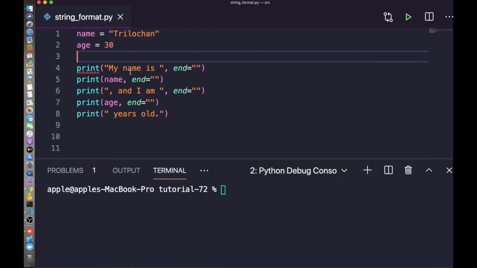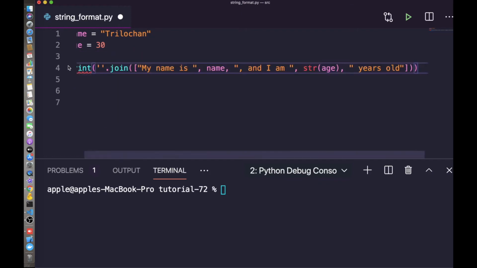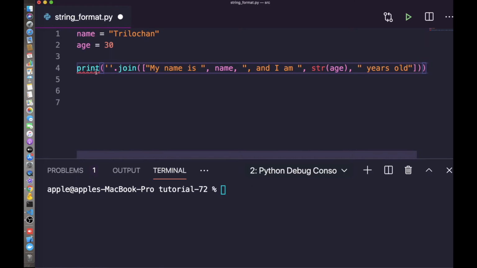Format a string using the join function. I bring you the join function here, and if you are not familiar with it, it's basically a more efficient way to concatenate strings. We have called the join method on an empty separator string. We have passed it a list of strings. Naturally, join will combine this list of strings into a single string without any separator.